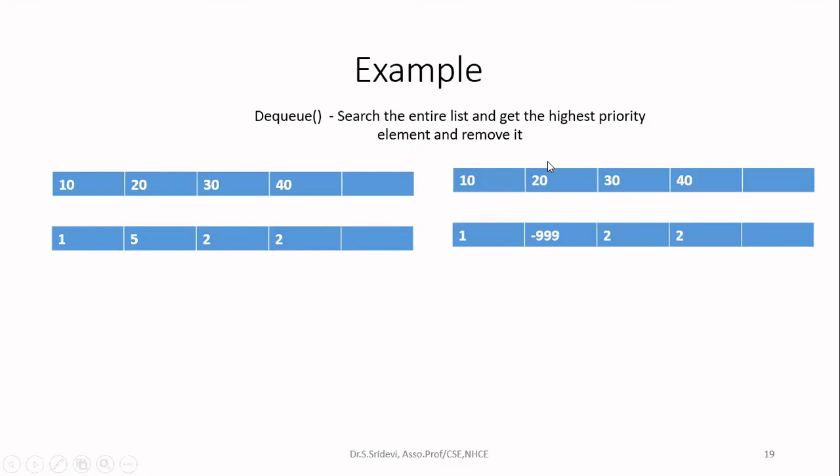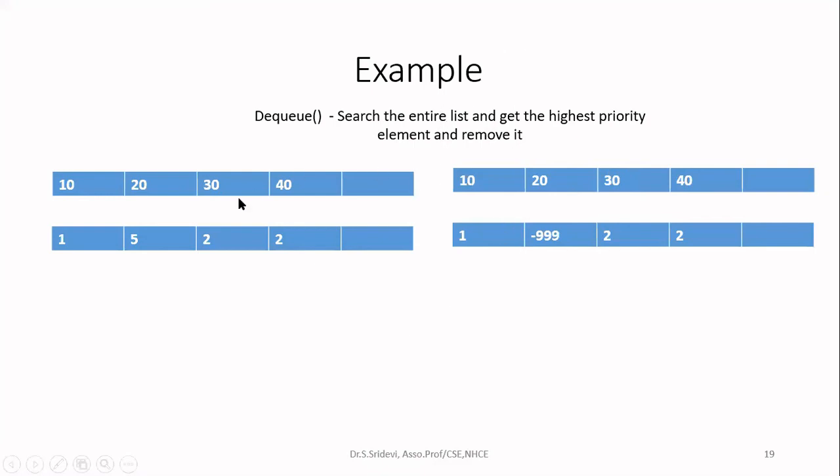This is one method. In the another method, what we will do is, whatever we remove, in the priority place, we will add a lowest number like -999. You are giving lowest number here. That means whenever you get -999, you will not process that number. This is one way of implementation. Okay, nobody will restrict you in the implementation. You can either go for this method or the other method what I told. But in this method, the problem is you are wasting this memory. Whereas if you are shifting the elements to the left by one position, you are not going to waste the memory. Okay, that is the advantage.